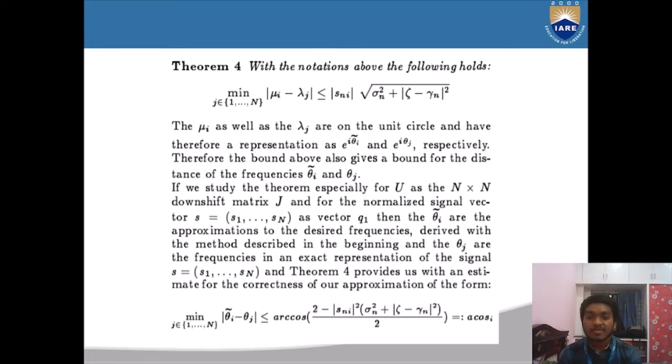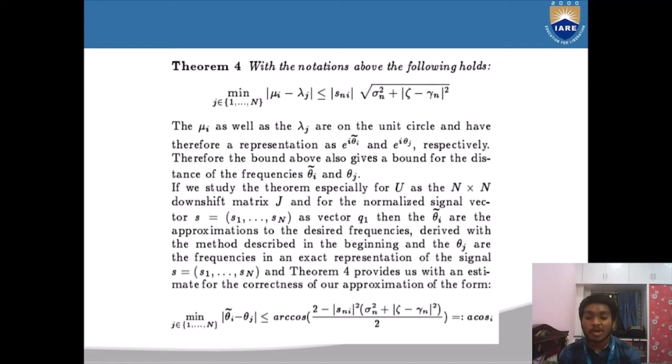If we study the theorem especially for Q as the n by n downshift matrix J, and for the normalized signal vector s equal to s_1 to s_n as the vector q_1, then theta_i bar are the approximations to the desired frequencies derived with the method described in the beginning, and the theta_j are the frequencies in an exact representation of the signal s equal to s_1 to s_n. Theorem 4 provides us with an estimate for the correctness of approximations of the form